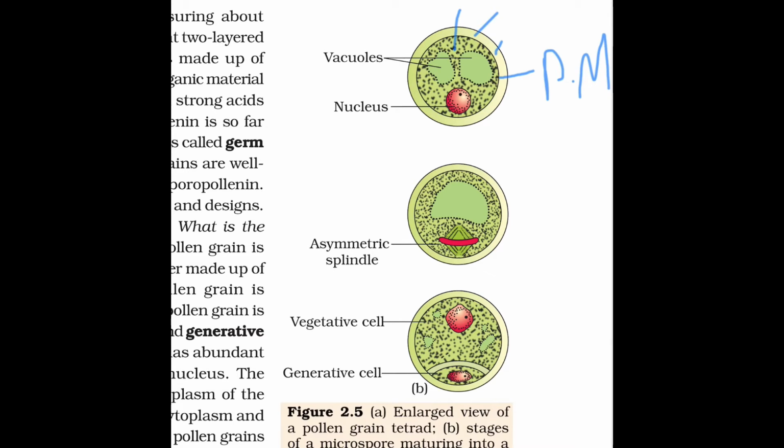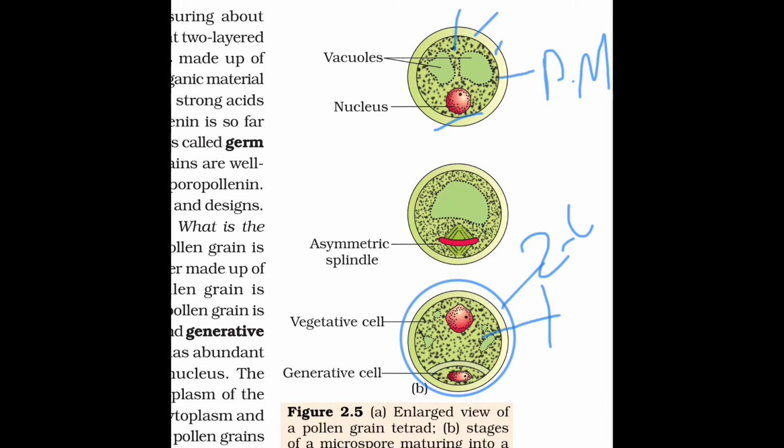But at the time of shedding or pollination, when pollen grains come from the microsporangium or anther, they are found in a two-celled stage. They are not in a one-cell stage like here. The cell of the pollen grain will divide by an asymmetric division. What is asymmetric? Asymmetric means not similar, or different. The two cells formed after this cell division will be different from each other.